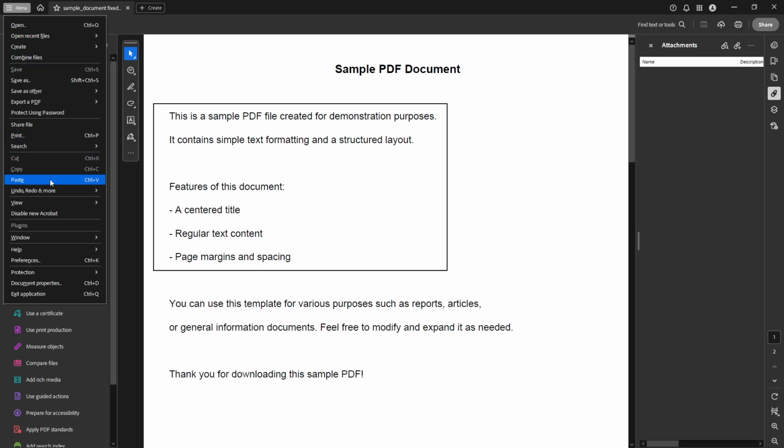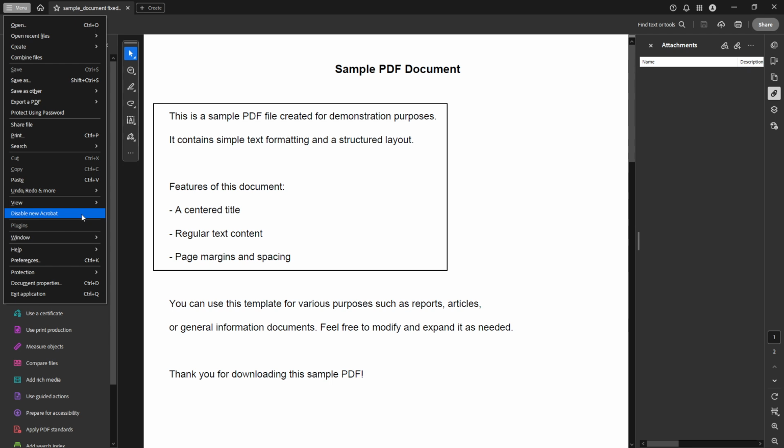Now that you've clicked on the menu, the next thing you'll want to do is to find an option labeled Disable New Acrobat. This might sound a bit complex, but in reality, it's a simple toggle that Adobe provides to help modify your workspace to better fit your preferences. By disabling the new Acrobat, what you're essentially doing is opting for a more classic, streamlined view within your Adobe Reader, which often results in hiding some of the toolbars, including that tools panel that can be quite space consuming